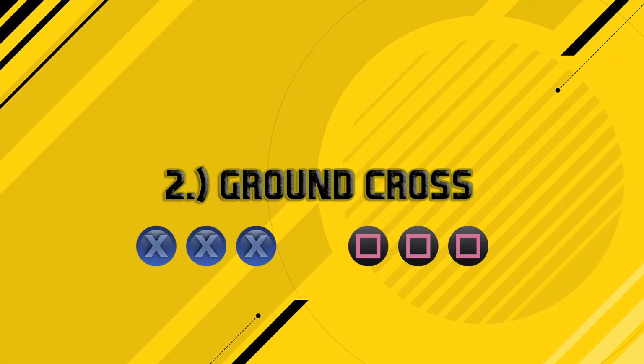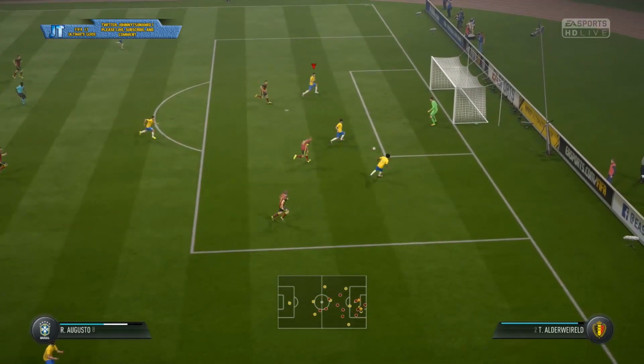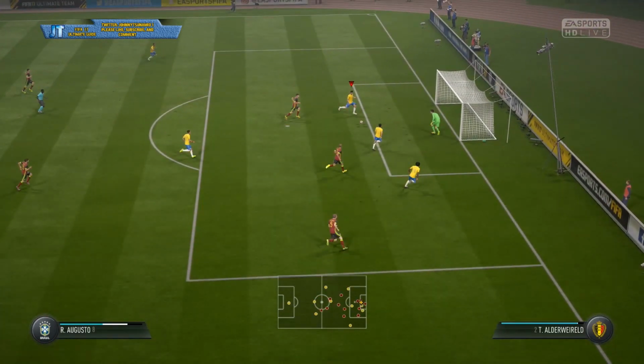At number 2, guys, the ground cross is done by pressing the X button 3 times in quick succession. Really quick, so tap it 3 times, or the square button if you're on PlayStation. The great part about the ground cross, like the name says, is that it stays on the ground. It's incredibly quick. It'll get to your player really quickly, but since it stays on the ground, you gotta make